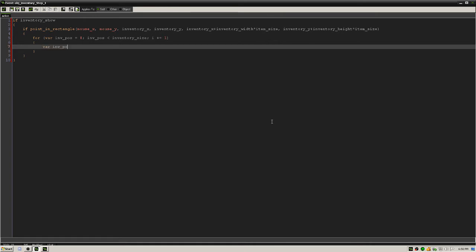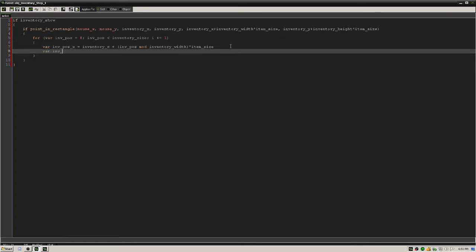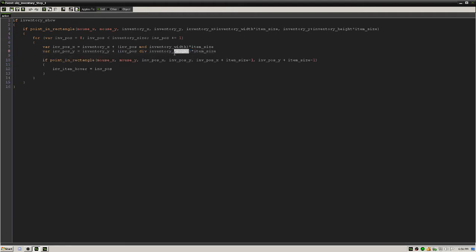So the var inv position x is equal to inventory x plus the mod of inv position mod inventory width times item size. We're using mod for the inventory width because we want the inventory position to become greater and move horizontally, and when it gets to the end it starts from the beginning again. But the difference for the Y positioning is that we want the inv position to be using the div function so that as it becomes further down it's increasing in 1 increments. We actually want these both to be width, so we know when to go down a level because we completed